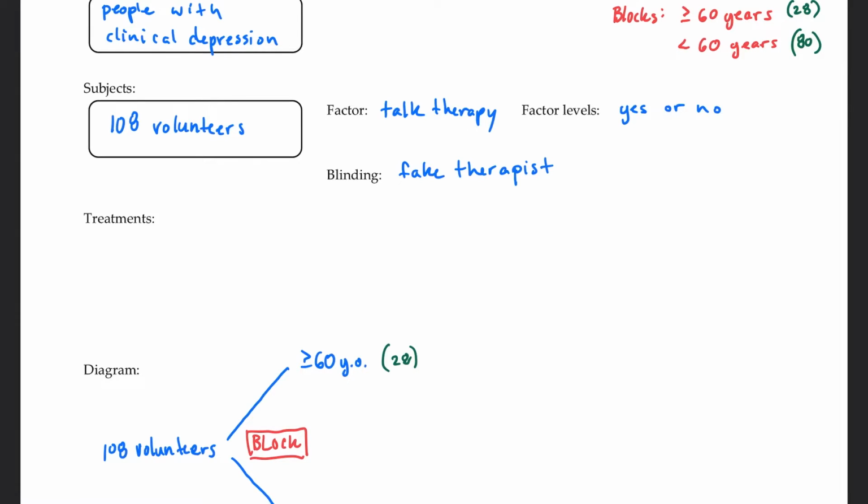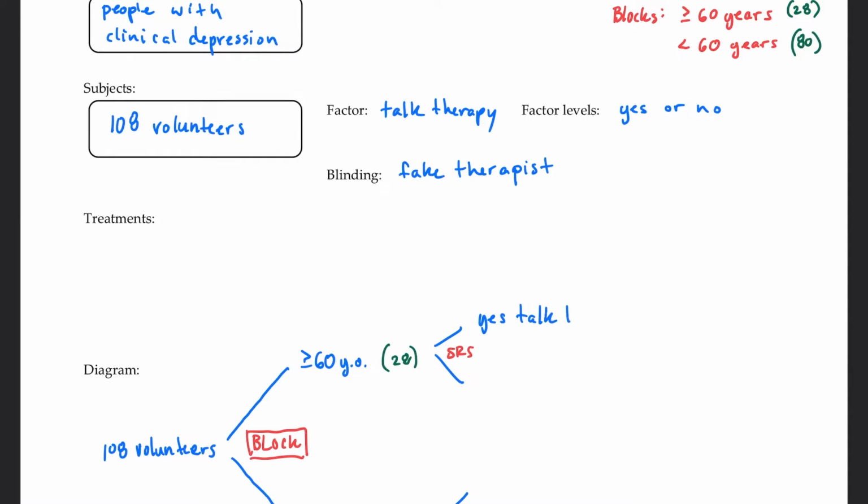And then from there, we're going to now do individual, completely randomized experiments in here. So we're going to use an SRS to separate our 28 elderly people into the 2 different groups. And then we're going to do the same thing here. We're going to do an SRS on these 80 slightly younger people here. So we're going to do